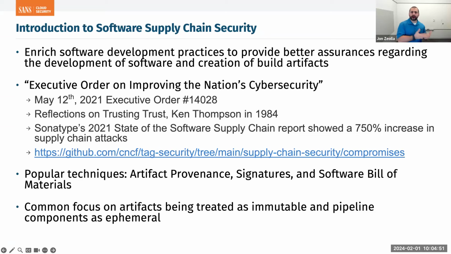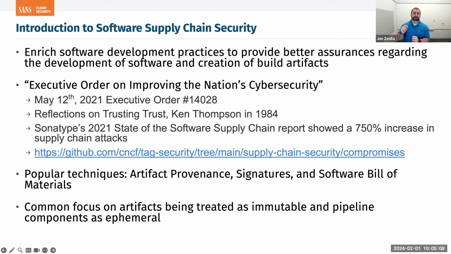So if you're going to debug the compiler, it will actually tell you that the backdoor is in the compiler, right? We've got this turtles all the way down. Like, how do you trust that? So this has been a problem since the 70s, but really is on a huge uptick recently.